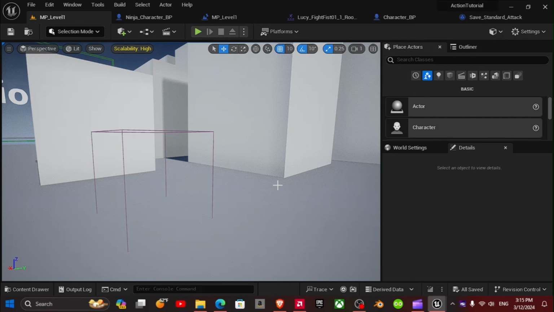So there we go. We have a refined light melee attack system and a fixed wall jump.